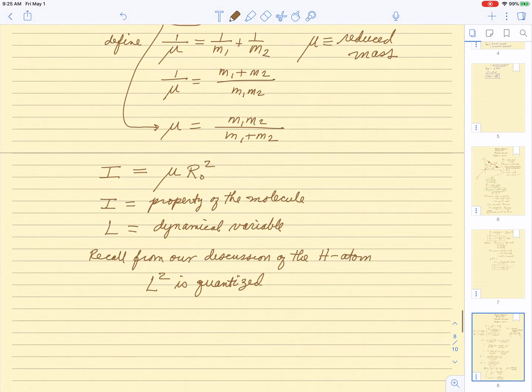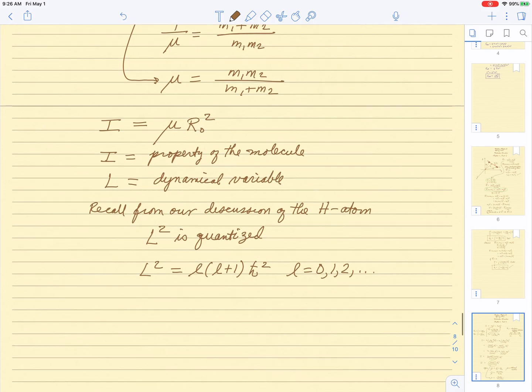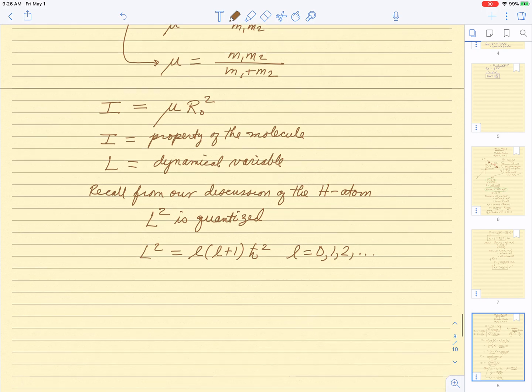And so you'll remember that L squared was equal to l times l plus 1 h bar squared, where l is equal to 0, 1, 2, etc. So we're going to steal from the hydrogen atom analysis,